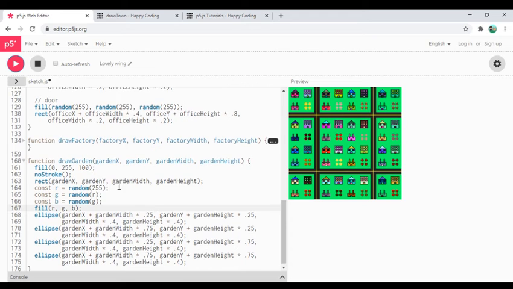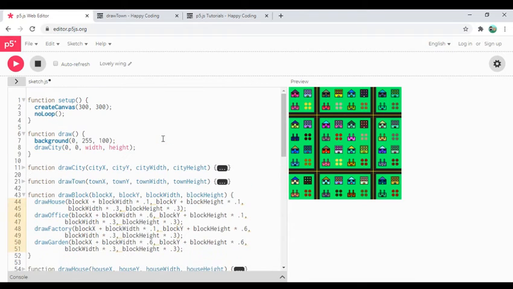I could maybe draw some stems underneath those flowers, or I could turn it into like a bush or something, just to make them all green. Could make it empty. Yeah, I kind of don't love the garden, honestly. I think maybe I should have spent a little bit more time checking what it would look like. But anyway, we could spend more time digging into exactly what it looks like to draw a random garden. I think I'll end up getting rid of it eventually, but just to talk about the concepts,